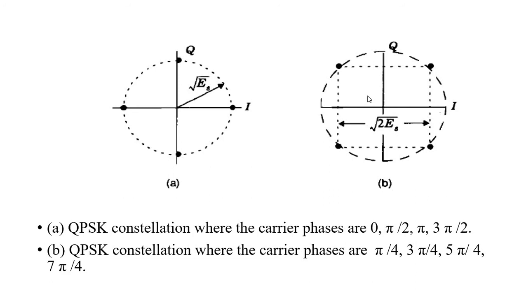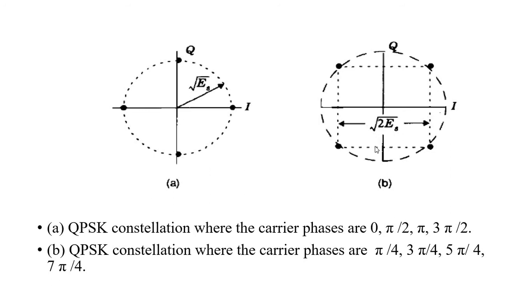Here the message points will be plus root E by 2 and minus root E by 2, plus root E by 2 and minus root E by 2, that is for pi by 4. So pi by 4 takes the value 1 and 0. And 1 and 0 in decimal form will be 2. So from the message points we can calculate. How are we getting these values?